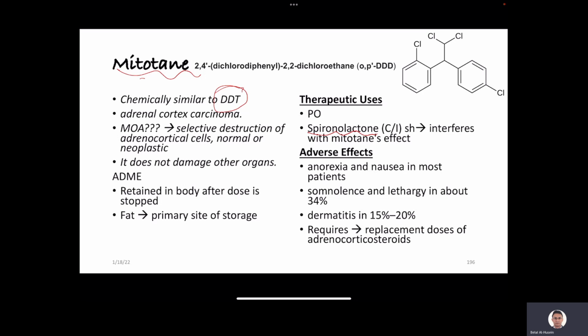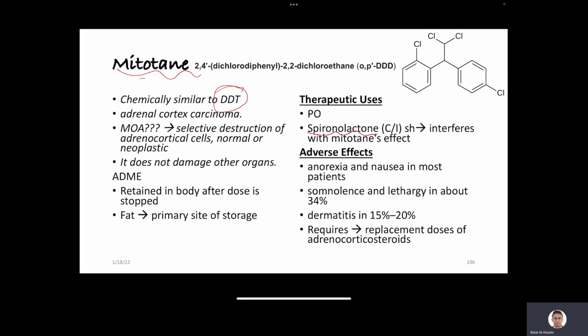So for the absorption, distribution, metabolism, elimination, you have to know that this drug has similar features to DDT. It is concentrated in fat and slowly released from that site. So this would keep its level high for a sustained period of time. Adverse effects include anorexia, nausea in most of the patients, somnolence and lethargy in about 34% of patients, dermatitis, and